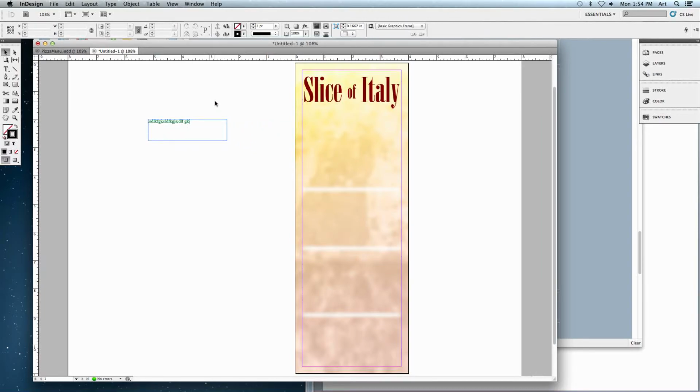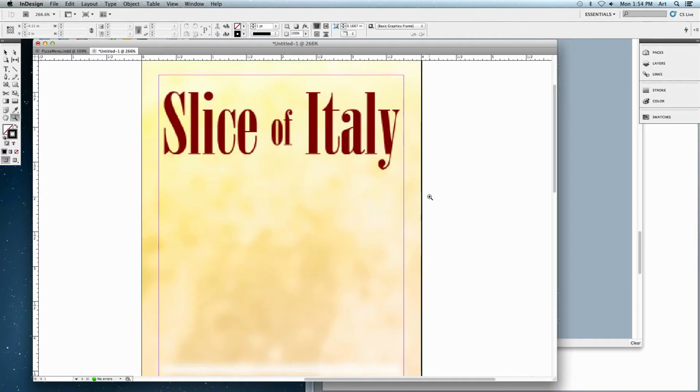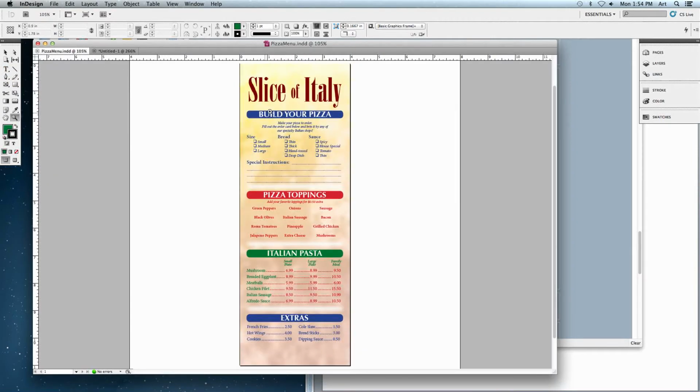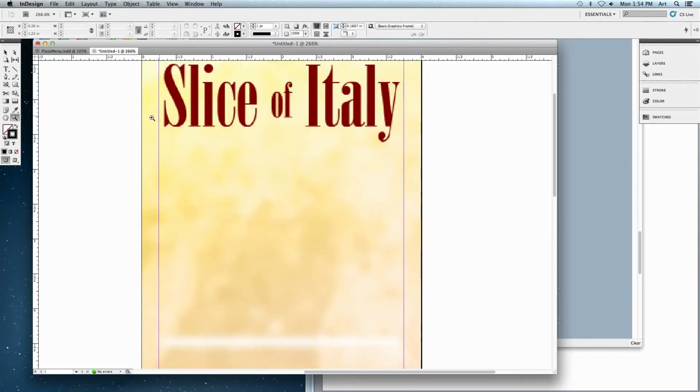Now we can actually get into building the different areas of our menu. I'm going to zoom in to this particular area, choose my zoom tool. You can click and drag over it, and it'll automatically zoom in, make it easier for us to work and see what we're working on. First thing I need to do, let's make the Build Your Pizza area up top. So I'm going to choose my type tool. Let's make a type box, click and drag. I'm not going to worry about the size of it for now,